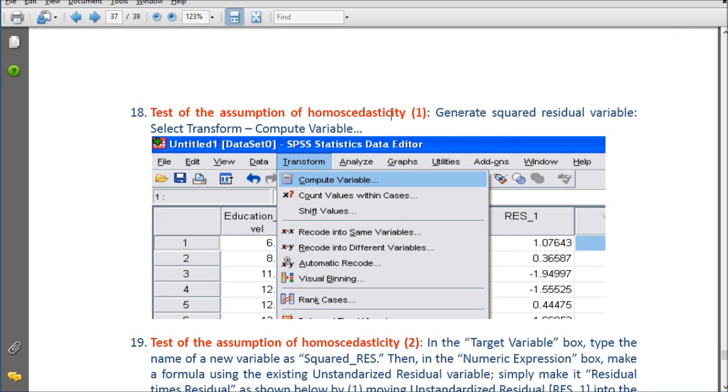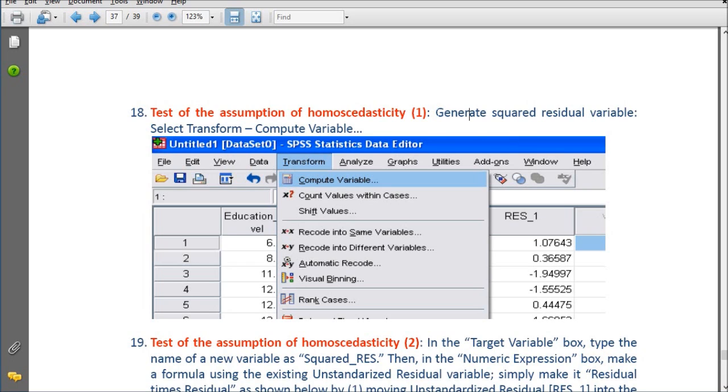We have to generate a squared residual variable. Why? Because homoscedasticity is basically about equality of variances, and variance is a sort of squared value, a squared standard deviation. Am I right?